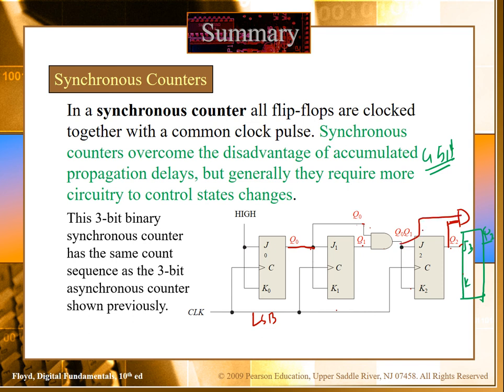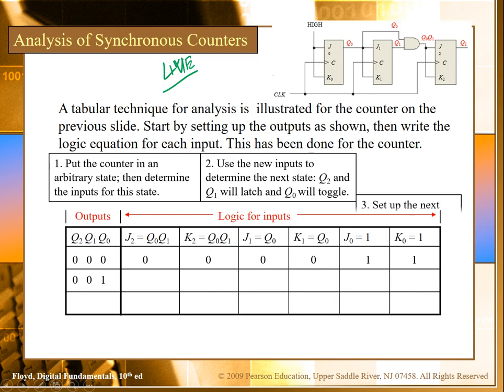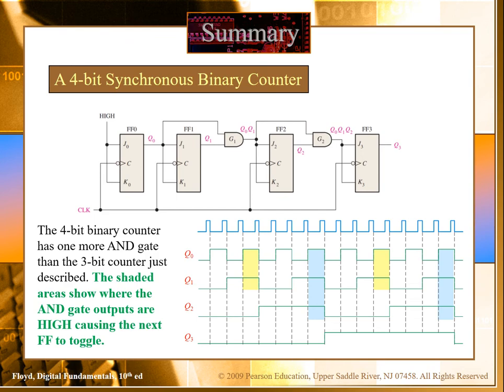So basically we use this one here: Q0, Q1 and Q2. If we AND all of them, then we supply it here. That will be our 4-bit counter. Just follow the logic. For the 3-bit counter, the last 2 states we AND them and supply here. For the 4-bit counter, the last 3 states we AND them and supply here. This is the 4-bit counter. The timing diagram we will discuss in the live session. Again, if you see here, this is an active low counter because we have a bubble here.